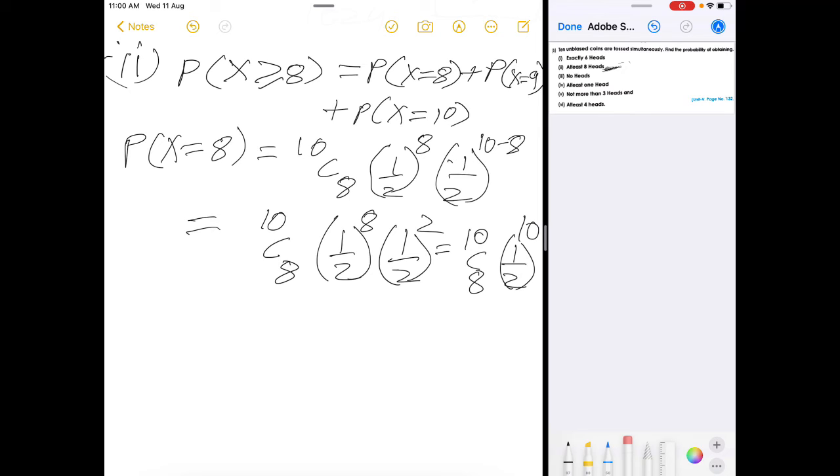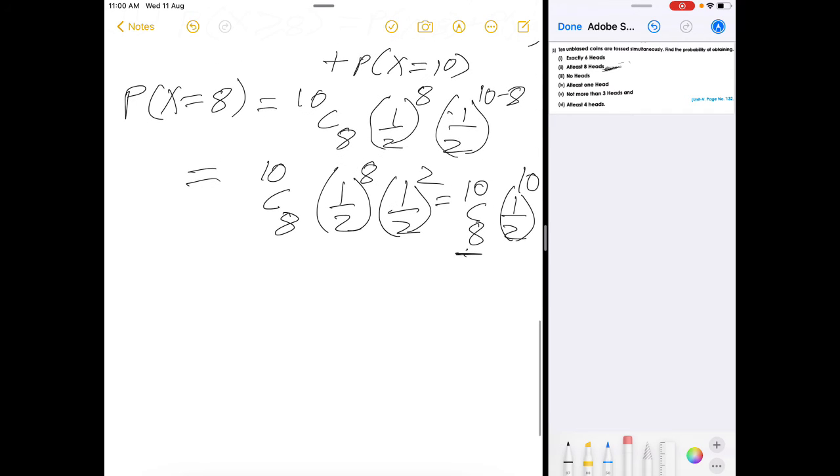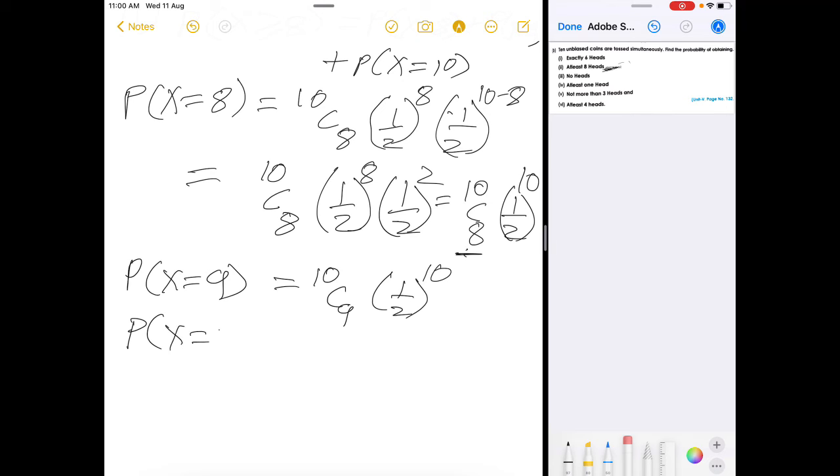So this part is the same for I think all the problems which you'll calculate, all the different parts, x equal to 9, x equal to 10 you'll calculate, but the combination part will be different. So what we can do is, because they are all the same, probability of x equal to 9 will be 10c9 half to the power 10 again. You can cross check it. Okay, I'll leave that part to you. Probability of x equal to 10 is equal to 10c10 half to the power 10.